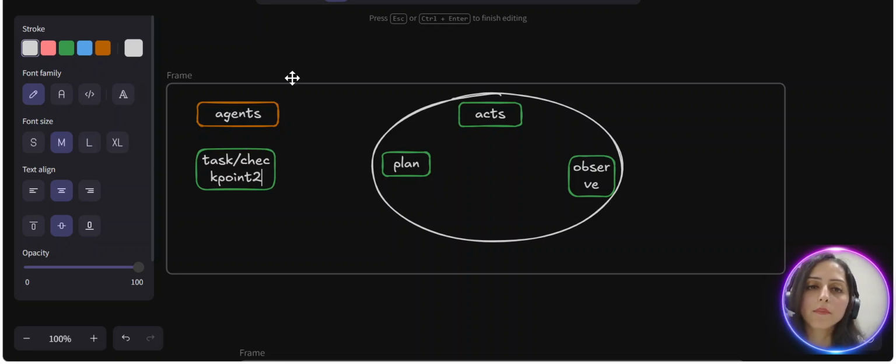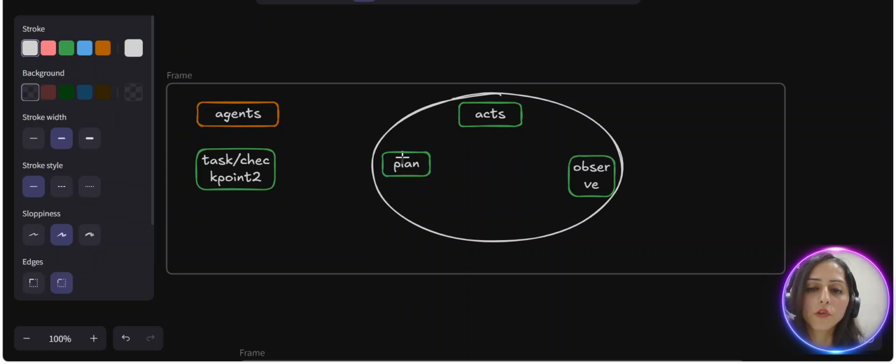Now, let's map this flow within Business Central. Agents in Business Central start with a goal or a task, which is a plan step, where they identify what to do and what action to take. And when they act, it means they do something within Business Central, like reading a record and like this. And then they